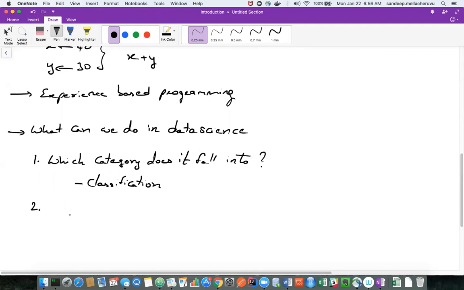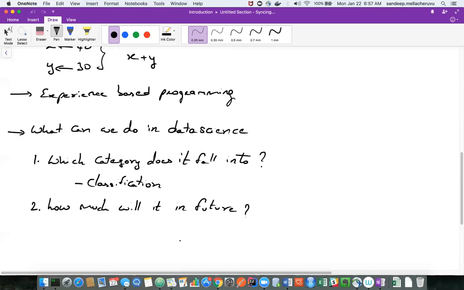There is a second variety of data science that we're going to look at, and this is for: how much will it be in future? What does it mean? In a lot of companies, you may want to see what the future profit is.